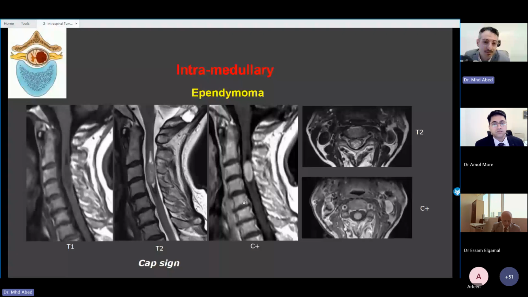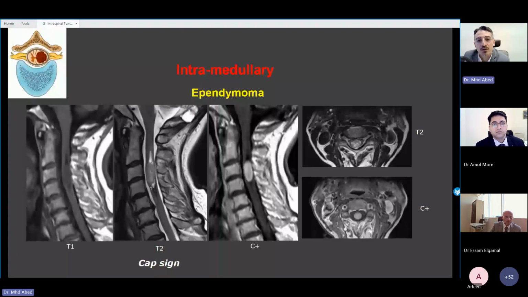Adjacent to it, we have some cystic component. Sometimes it's syrinx, sometimes it is just cystic degeneration adjacent to the tumor itself. And here we have some T2 hypointensity. This is hemorrhage, hemosiderin. It's called a cap sign. It's also very